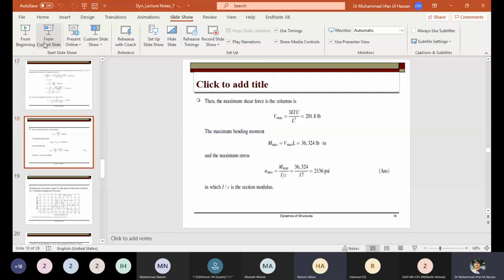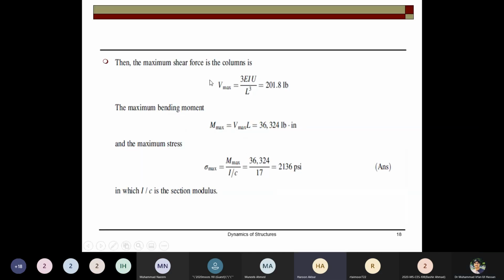सर जो स्टिफनेस है वो 3EI/L³ है, तो उसको हमने, हाँ, यू हमने निकाल लिया ना डिस्प्लेसमेंट। तो डिस्प्लेसमेंट क्या होती है? फोर्स ओवर डिस्प्लेसमेंट स्टिफनेस होती है। यस सर। तो यू की वैल्यू पुट की, सो वी आ गया। फिर एम इज कंप्यूटेड, मूवमेंट इज वी इनटू द हाइट ऑफ द कॉलम, और मैक्सिमम स्ट्रेस क्या होगा? दैट विल बी द एम ओवर एम वाई ओवर आई। इससे मैक्सिमम स्ट्रेस आ जाएगी।